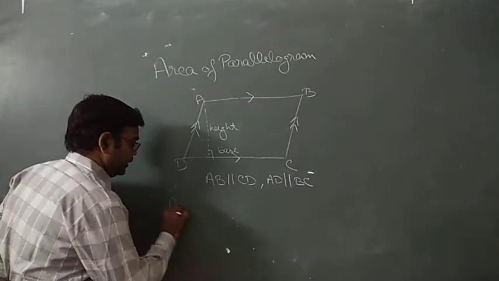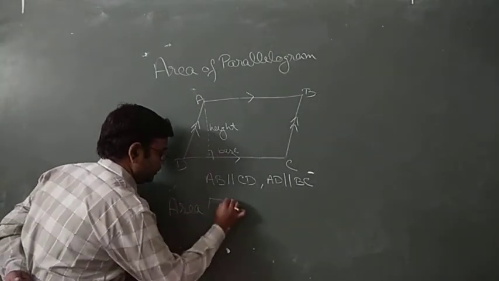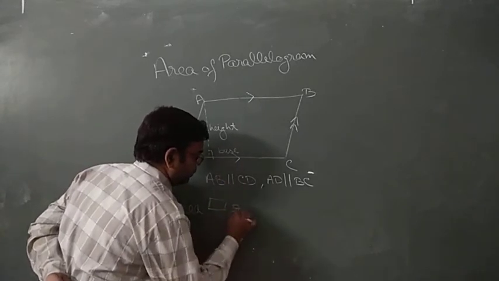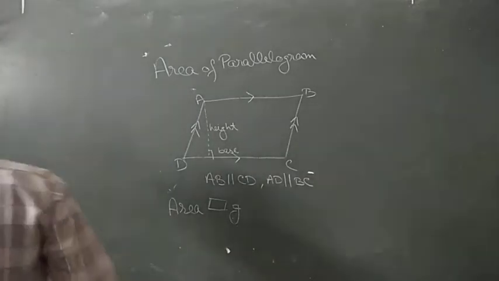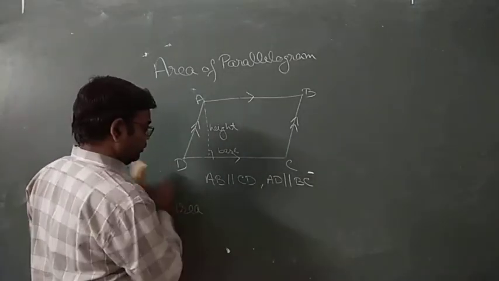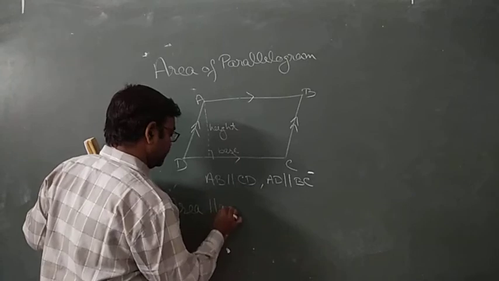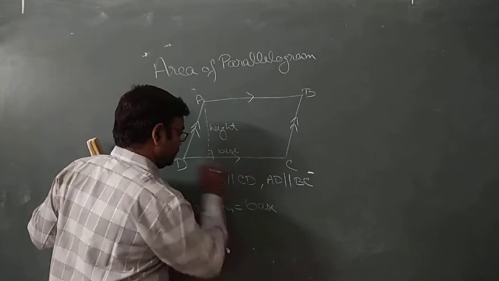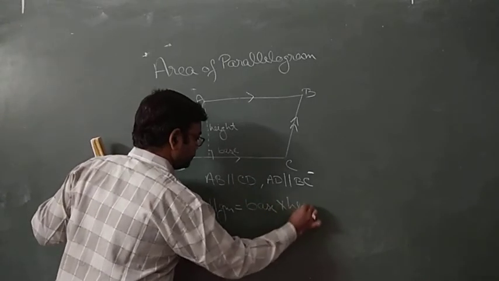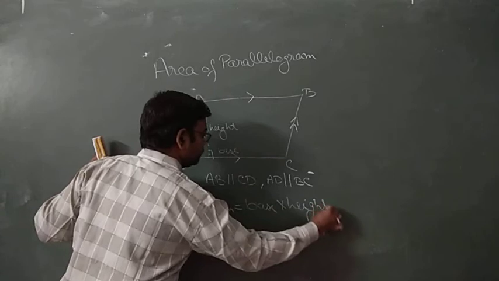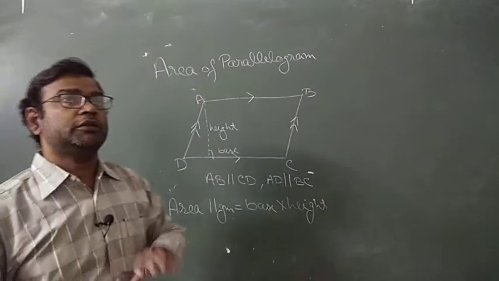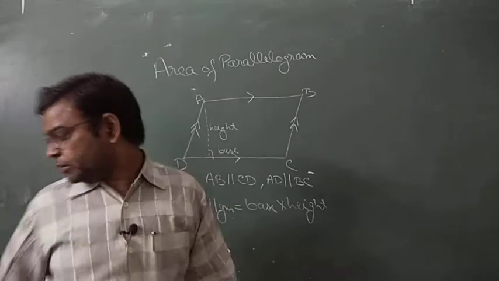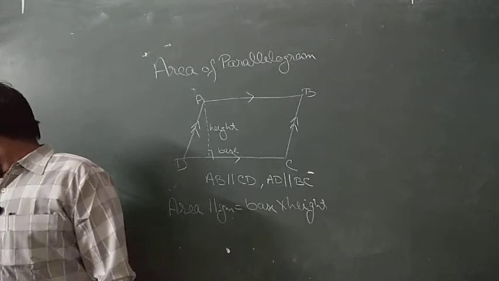So for the area of a parallelogram, we can also use a symbol. Area of parallelogram equals base into height. You can write it either this way or use the parallelogram symbol, the parallel symbol and GM. Area of parallelogram equals base into height. The question may confuse you, it may be asked in different language, but ultimately we have to use this formula. So this is the formula for finding the area of a parallelogram. Let's discuss some questions.